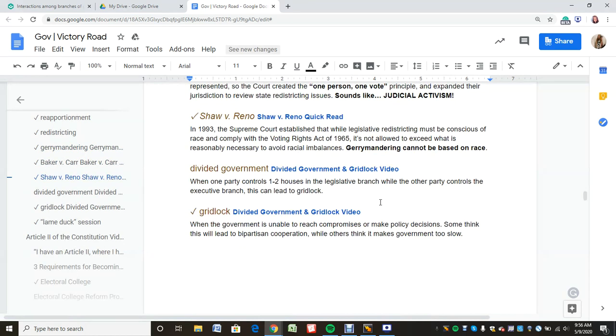All right, so I think it's important now that we get into this idea of divided government. So a lot of times you might hear the term divided government, you'd be like, oh, they're not going to get anything done. And a lot of times that happens, and you get this term called gridlock. But divided government is just simply when one party controls one or both houses of Congress and the other party is in power of the executive branch. And so a lot of times what's going to happen is the majority party in the Congress is going to want certain legislation. It's going to get to the president's desk. He's going to be of the opposite party. He's just going to veto it.